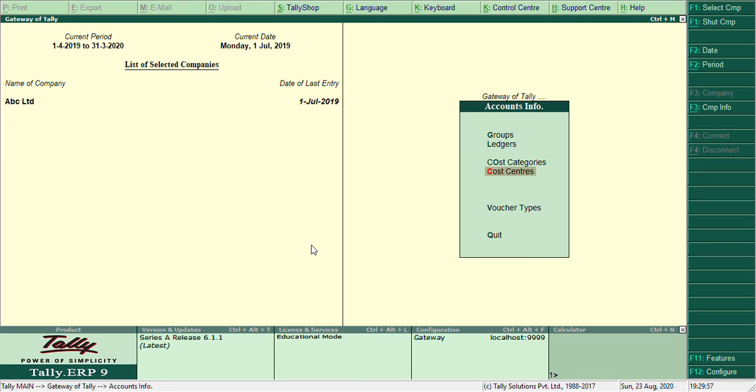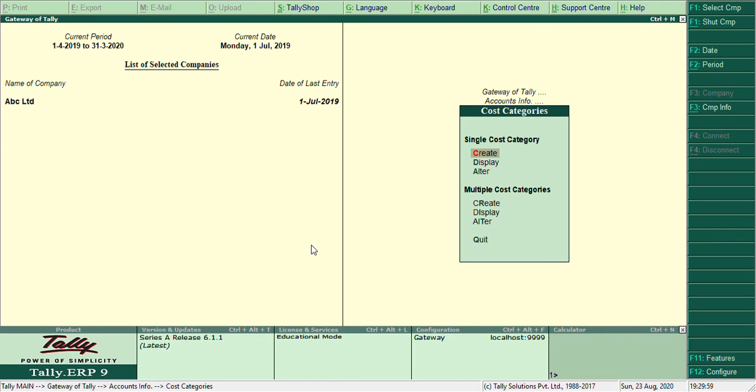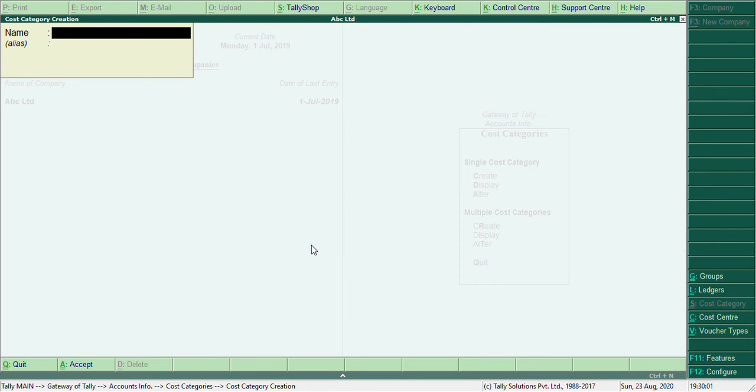After this, go to cost categories, go to create. I wanted the cost category for branch wise, the expense like telephone expense, and the expense of employee wise. Also I need reports.